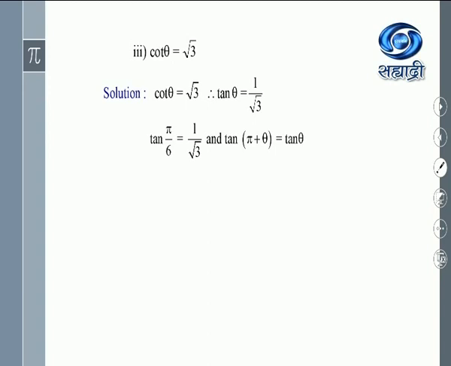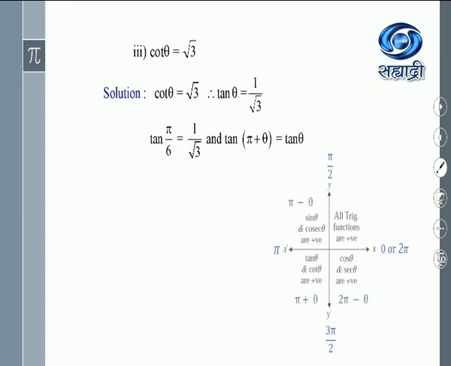Now you will have to find out one more angle in any one of the quadrants. How will you decide that? Remember here tan of pi by 6 is 1 upon root 3. We got the positive value. Therefore, we find out another positive value, and for that you will have to recall this all STC rule. Now search where tan theta is positive once again. Tan theta is positive in the third quadrant, and in the third quadrant we have the angles of the form pi plus theta, right? Therefore we can say tan pi plus theta is also tan theta.